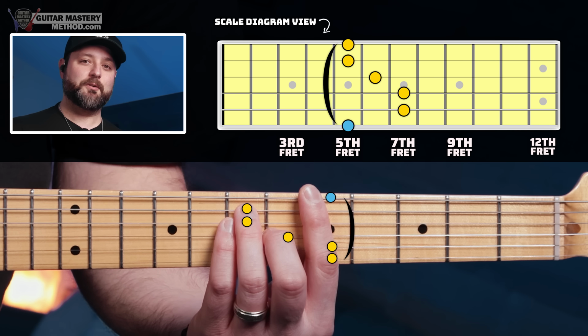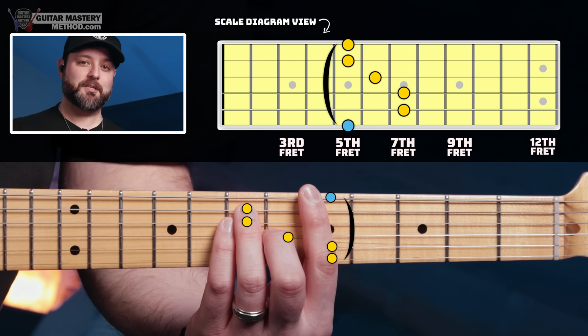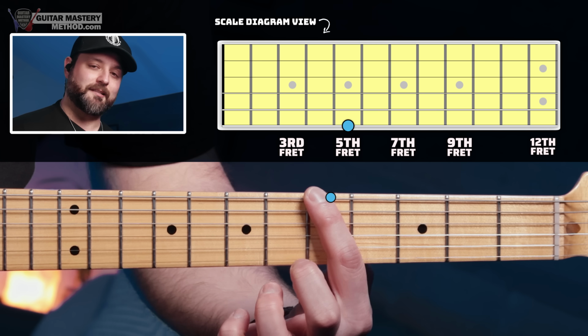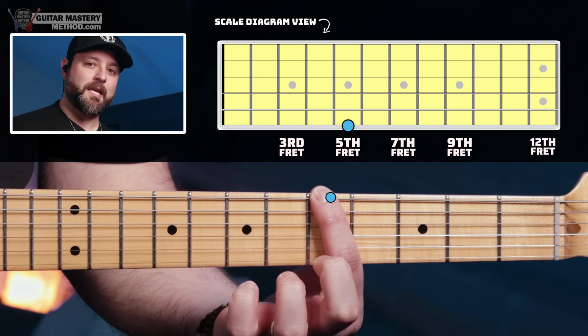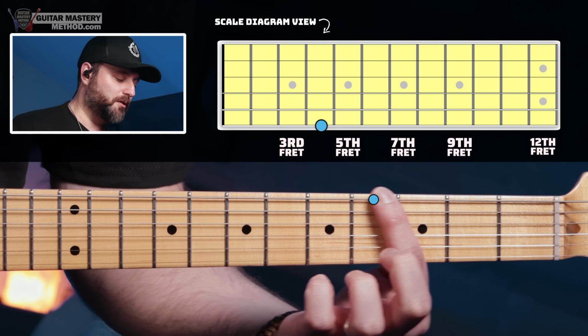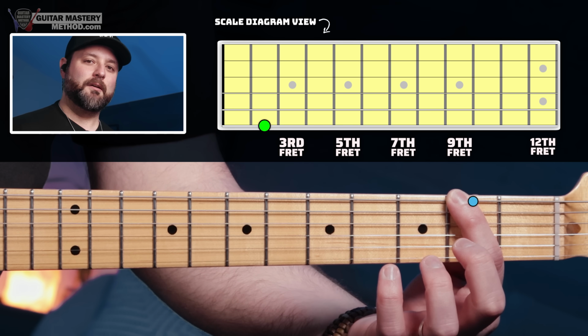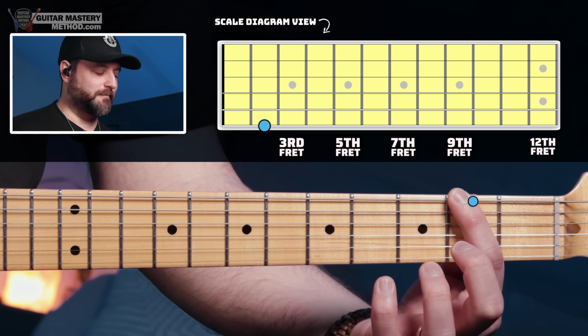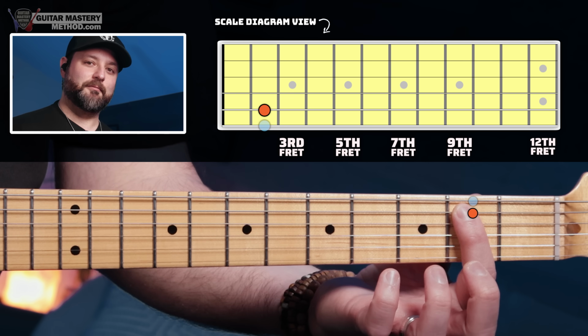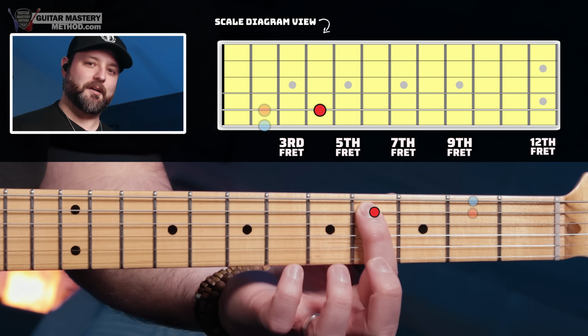So the first thing we got to do is find the relative minor of A major, which is F sharp minor. So we're going to take our first finger right on this root note, and we're going to move it down 3 frets, 1, 2, 3. And now check this out. We have the root note for F sharp, and then right below it, 1 string, and then 2 frets up. We got another